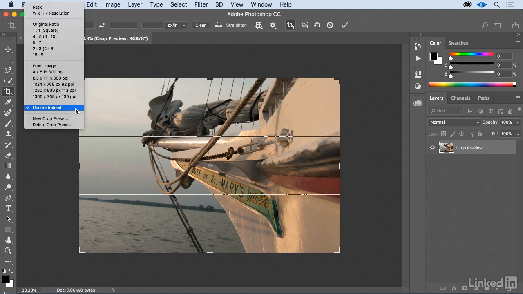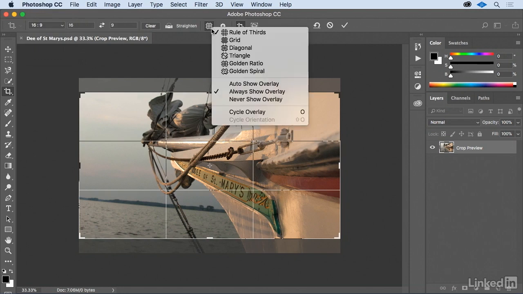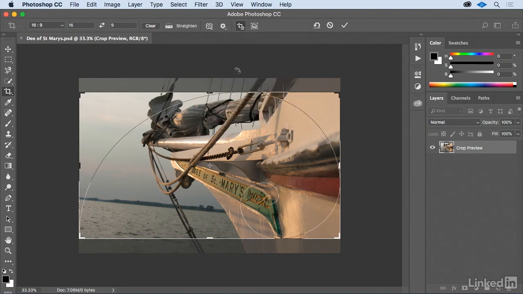And since this image is going to go into a slide deck, I'll select the 16:9 aspect ratio here. The width and height dimensions are automatically filled in for us. Next, you need to focus on your composition. Use the Overlay drop-down here to select a set of compositional guides. Now, the idea here is to choose a guide that is going to help you tell your story, then adjust